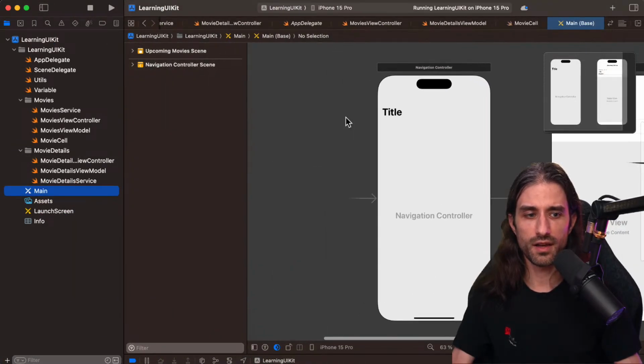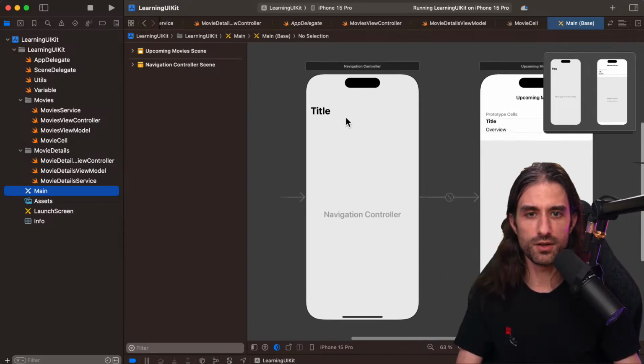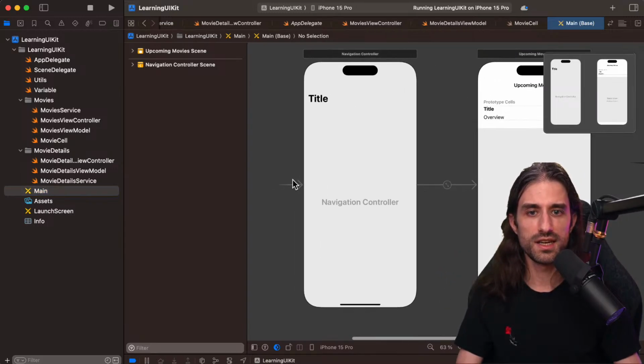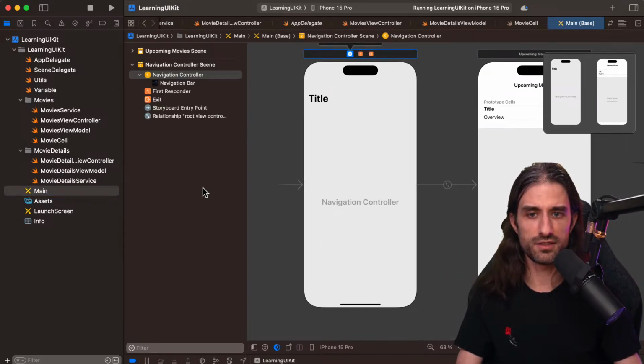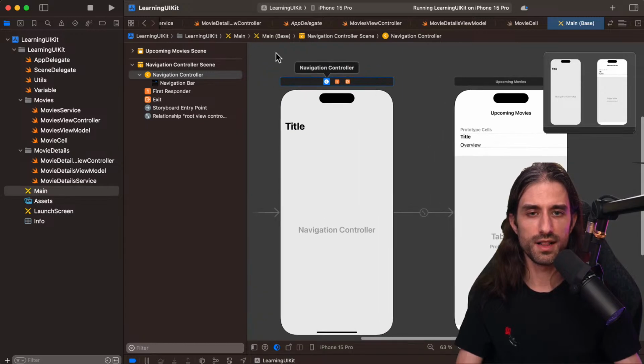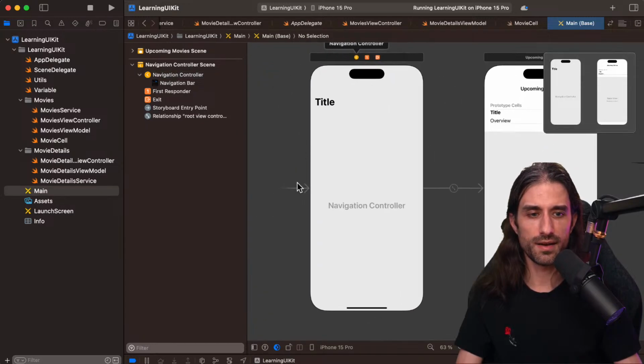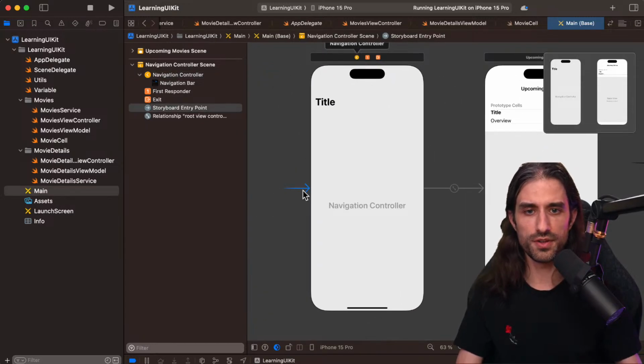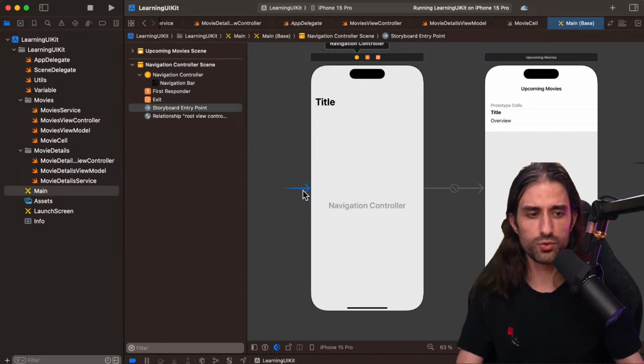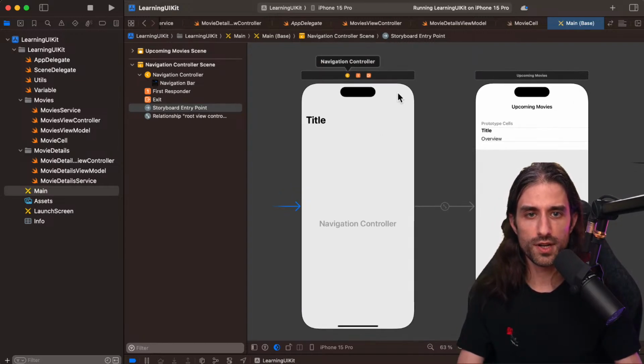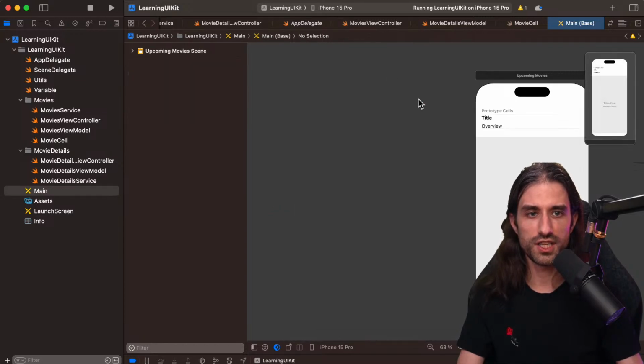how to customize the launch of the app, because now everything is happening automatically. It's taking this main storyboard and putting the initial view controller in the window and everything. But if you want to have more control and do everything by hand, you can. So what we're going to do is that actually I'm going to get rid of the navigation controller right here.